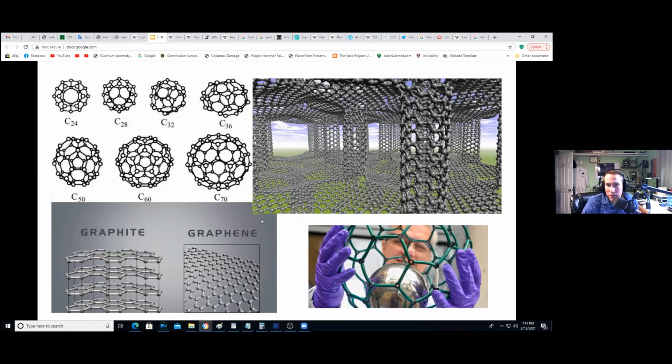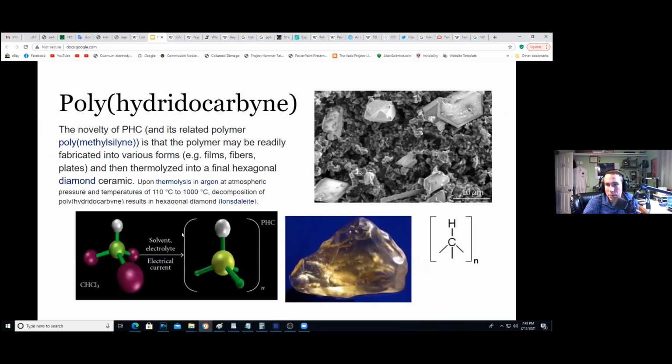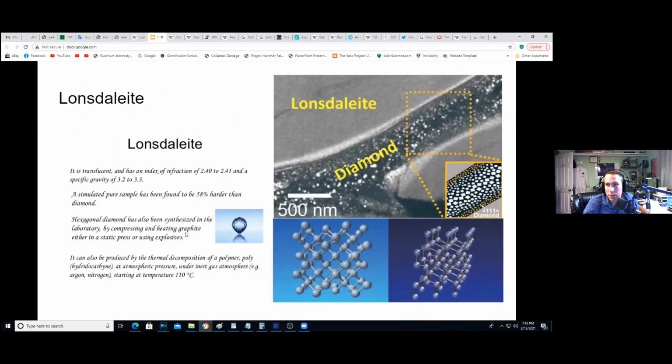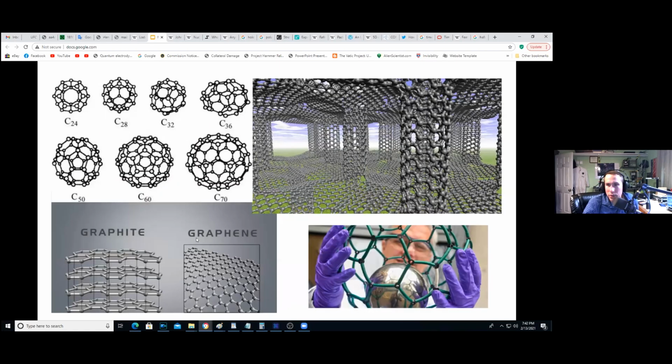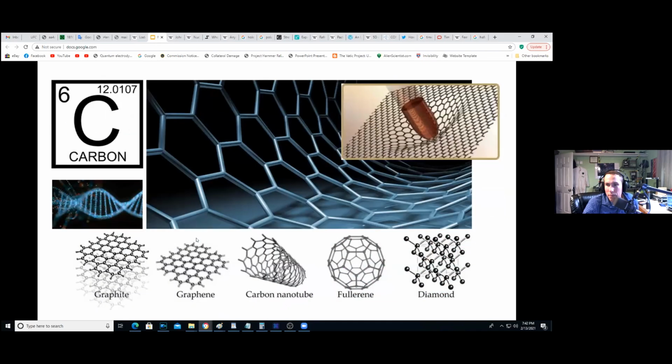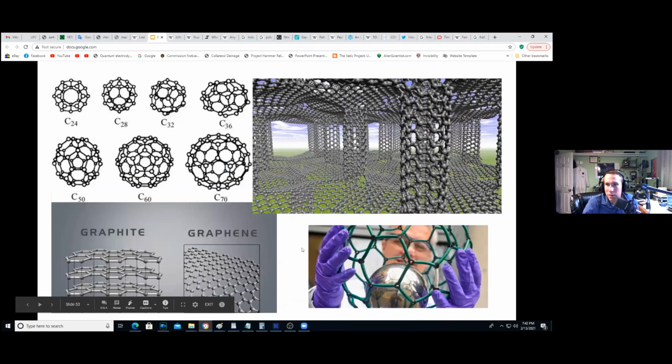So definitely carbon buckyballs. There's a bunch of different Buckminster fullerenes. There's bucky tubes that can be formed from rolling graphene sheets into tubes. Graphite, of course, can be made into graphene through the Scotch tape method or electrostatic confinement and other methods. We also know that carbon can be made into diamond, which is another isomer of carbon. If you pack lots of carbon really close together, heat it up and pack it real tight, you can make diamond.